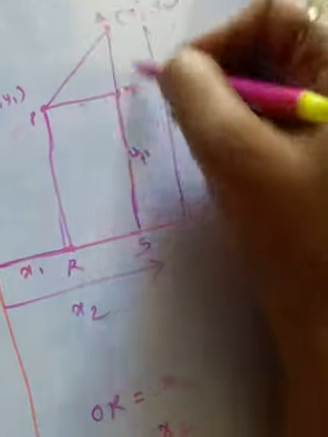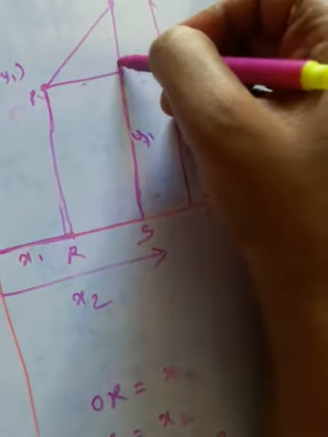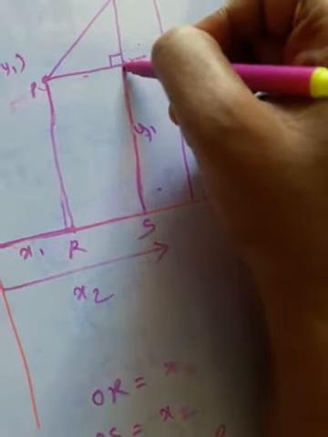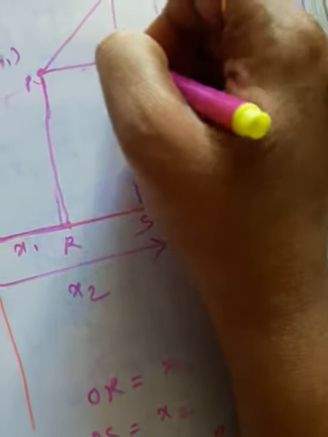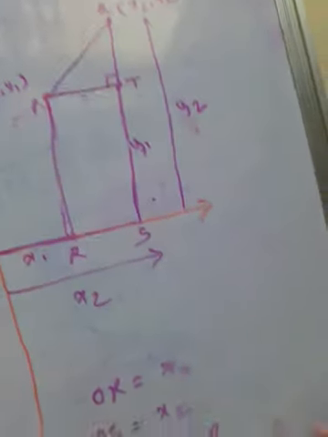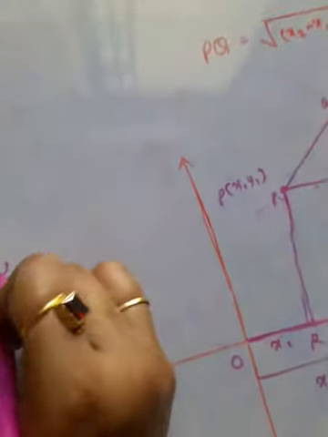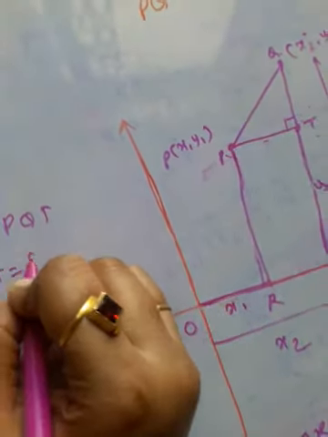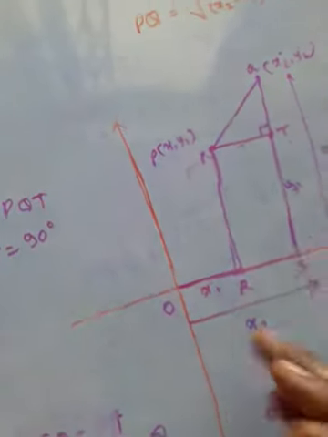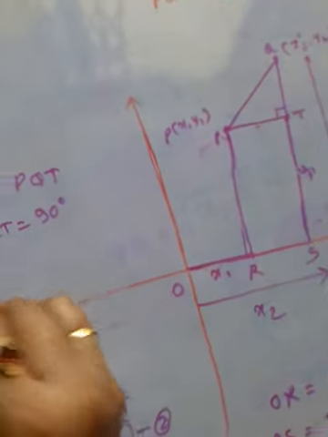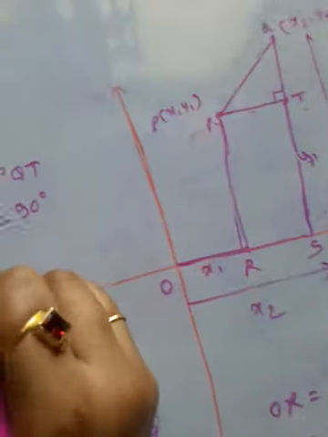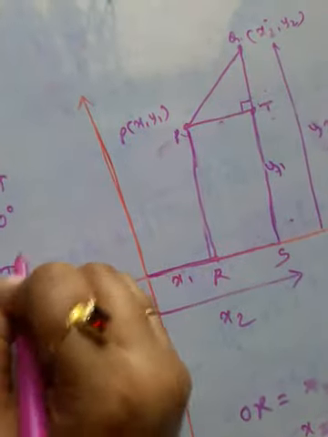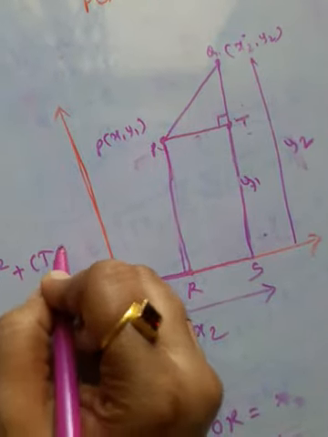So now see in this triangle PQT, use the Pythagoras theorem because these are perpendicular lines. At the point T, the 90-degree angle is here. So in triangle PQT, angle T is 90 degrees, and we can use the Pythagoras theorem. By the Pythagoras theorem, the hypotenuse squared, PQ squared, PQ being the hypotenuse, is equal to PT squared plus TQ squared.